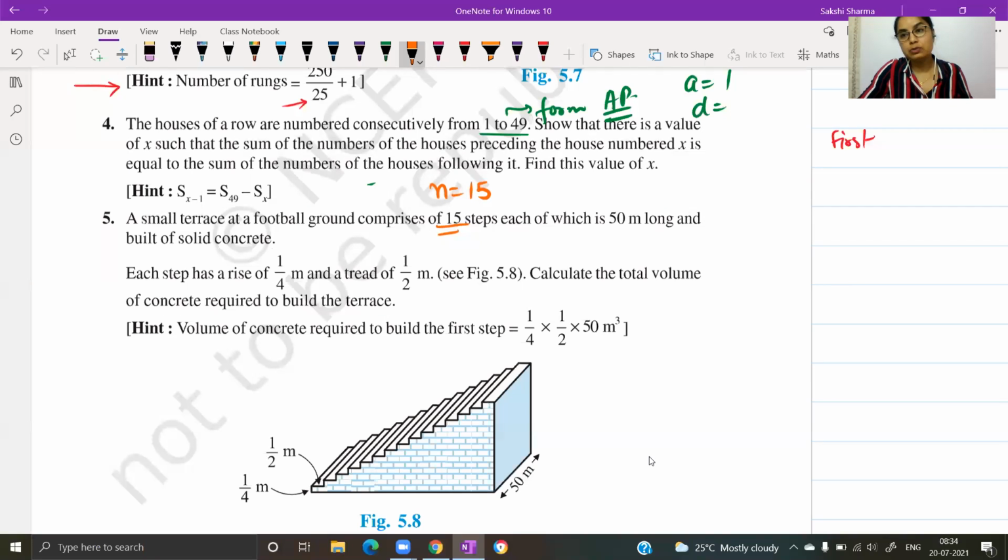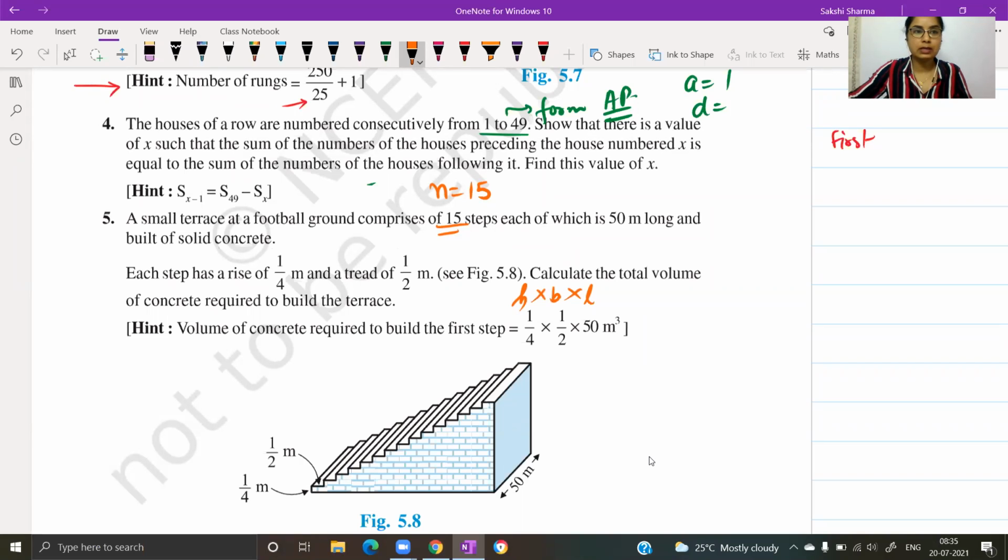The formula to find out the volume for each step will be same as the volume of a cuboid, length into breadth into height. This is the length and this is the breadth and this is the height. This is one way of doing it. If you observe, the breadth, the tread, remains the same, the length of the step is remaining same, only the height is increasing. The first is a quarter of a meter, it will increase by another quarter, it becomes half a meter, so on it forms an AP. You can first find the sum of the heights, and then later convert it into volume. Total height multiplied by the area. So it can be done this way also.